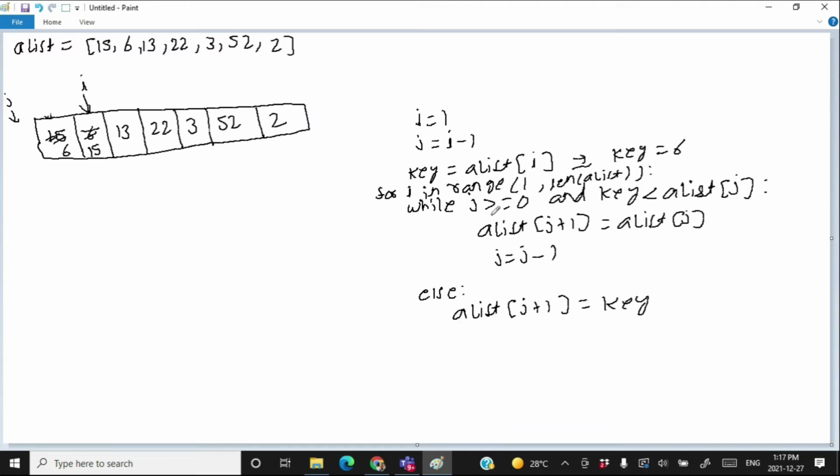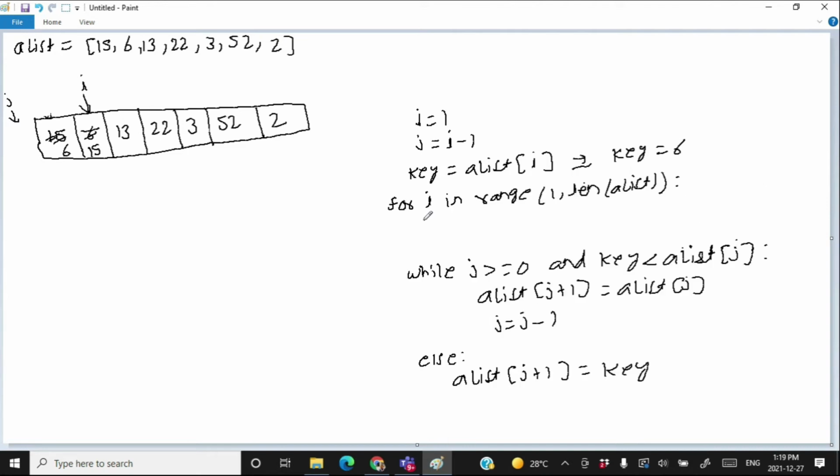You have to pick a j and then keep on working on the j. So for whatever the current value of I is, take that element in the variable key. Right here, key is equal to a list I, and then set the value of j as j is equal to I minus 1.